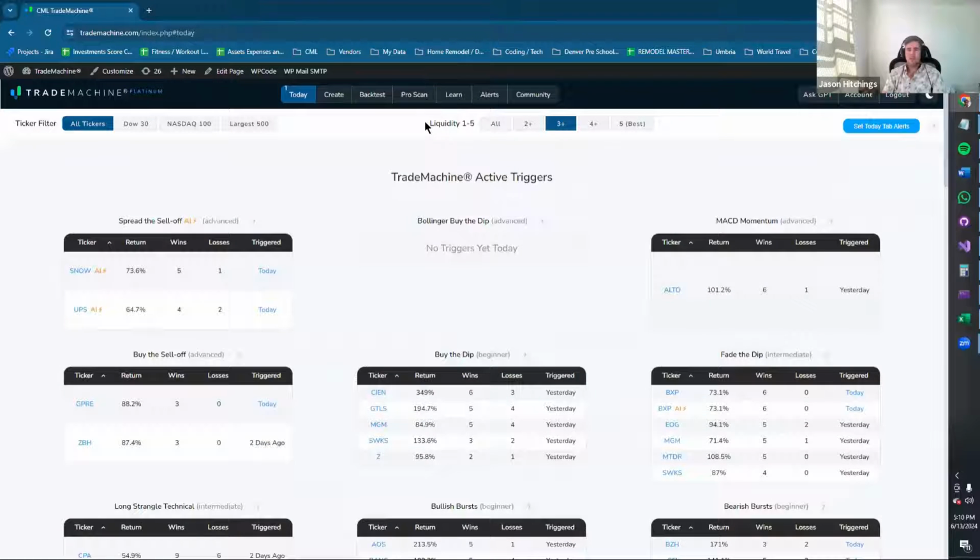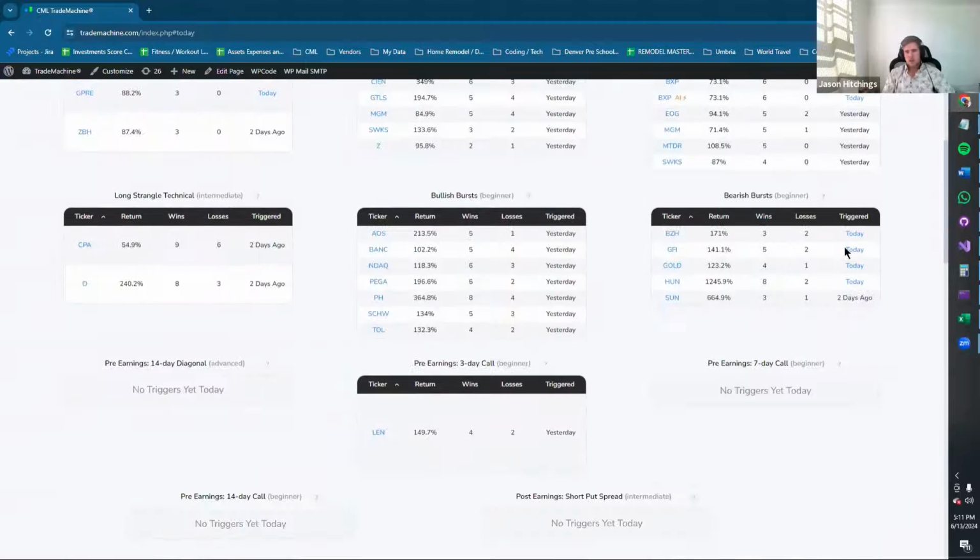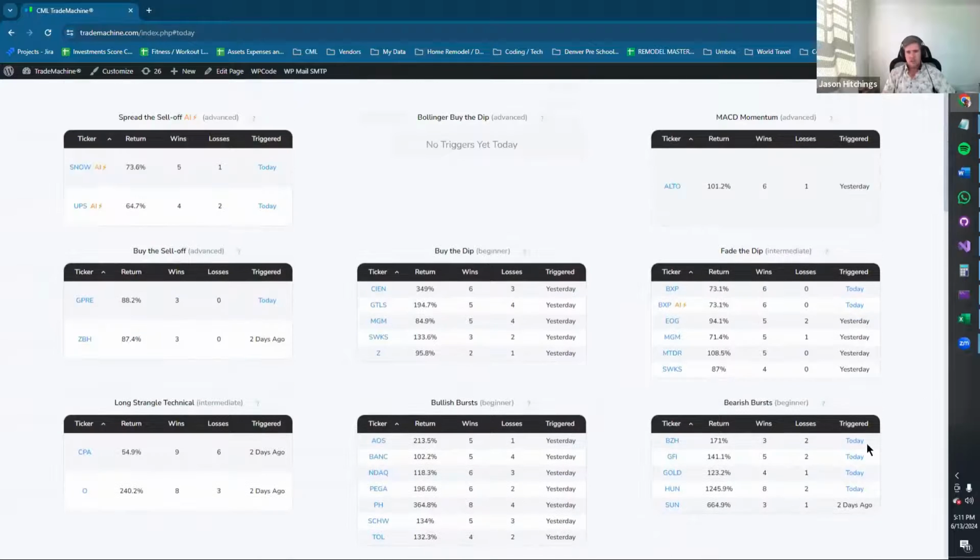One of those features is this liquidity filter, and basically it says how tight the options market is. It's not using volume or open interest. I know a lot of people think about liquidity that way. For our purposes, we're using liquidity as width of the markets, like the spread between the bid and the ask relative to how big of a stock it is. Happy to go into more details on that, or you can click over to the Learn tab, and there's a good breakdown there. So each one of these strategies is, if it said today, then it triggered today.